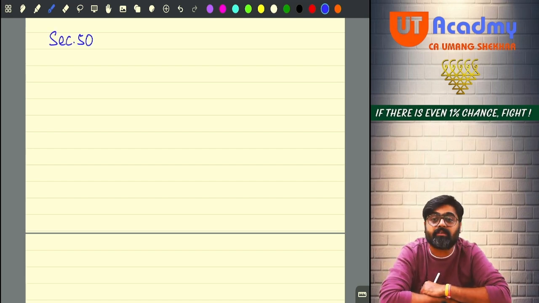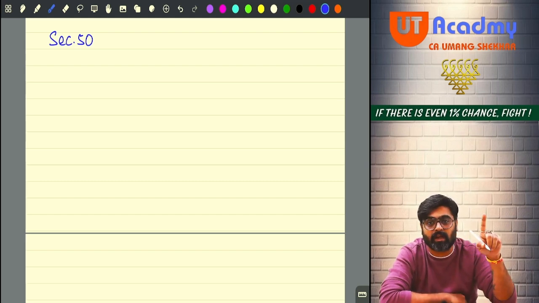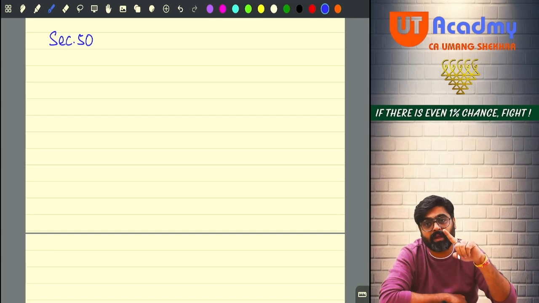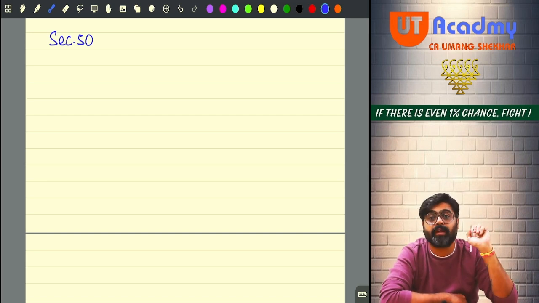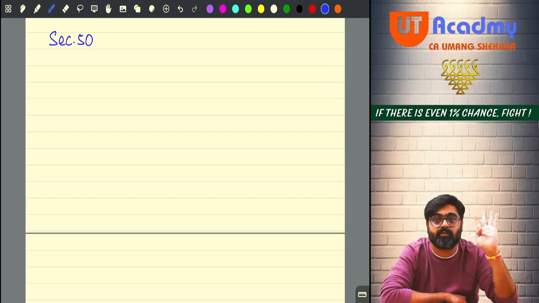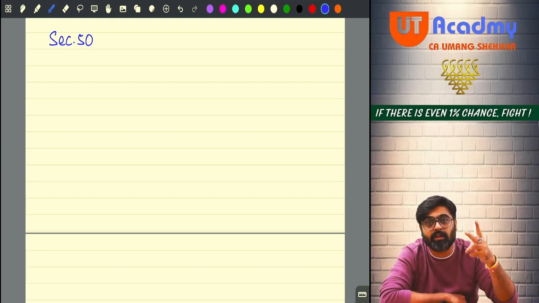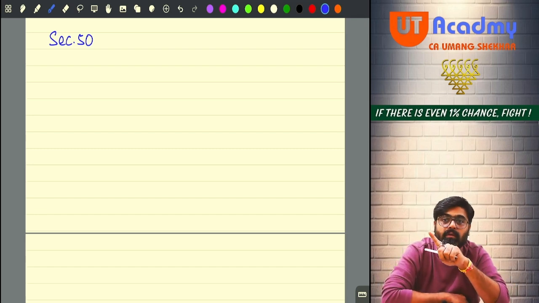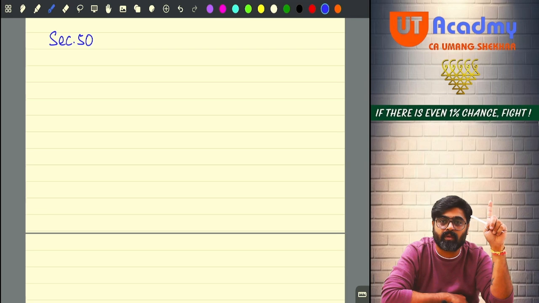Do you remember depreciable assets forming part of a block? When these assets are transferred, sold from the block, how is their capital gain calculated? Capital gain will arise only if the block ceases to exist, or the block does not cease to exist but no value remains in the block. Only then you will come to section 50. If there is value in the block and there are assets in the block, no need to come here. Stay there in PGBP only.